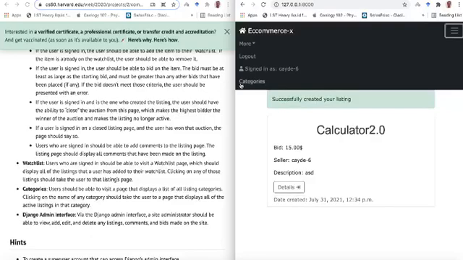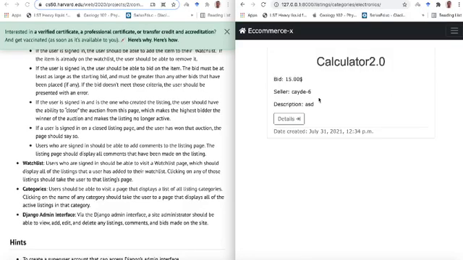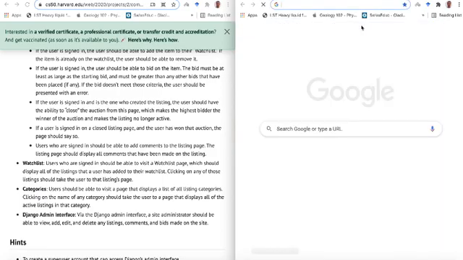Now we can try out the category filter. As we can see here, it displays our listing according to the category that we have specified. We can also look at the Django admin